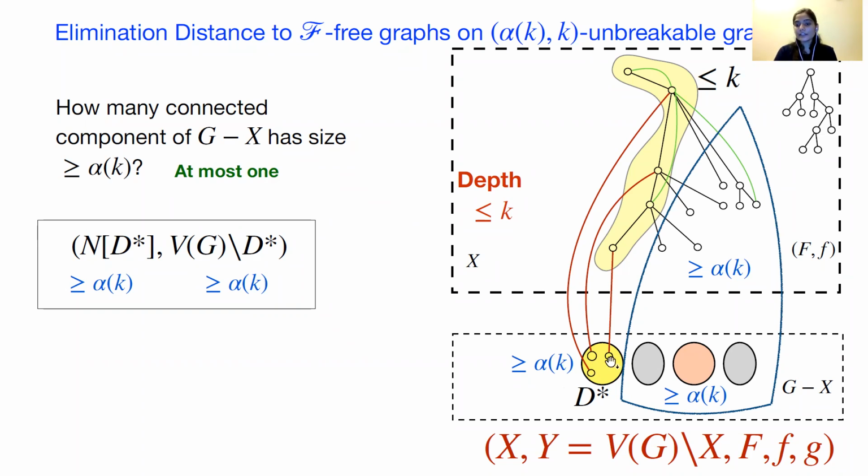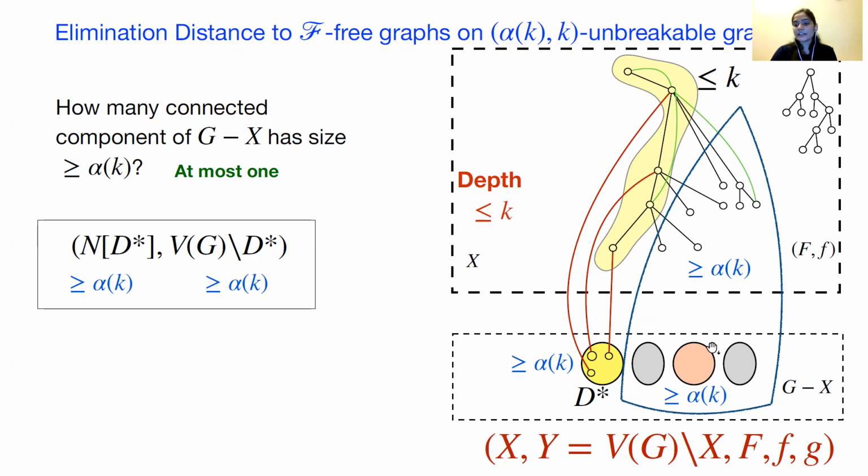So here in the figure, suppose this yellow and this pink component both have size at least alpha k. Now see what we have from our properties of elimination distance: this large connected component sits under only one root to leaf path. Look at this connected component B star. It has at most k neighbors, as the forest has depth at most k, since we are only looking for a depth k forest. And now you can see that this connected component D star is large,